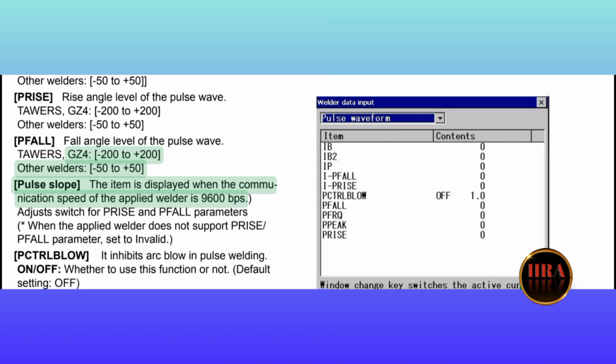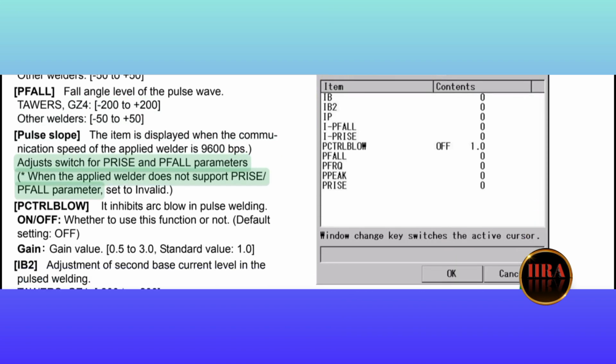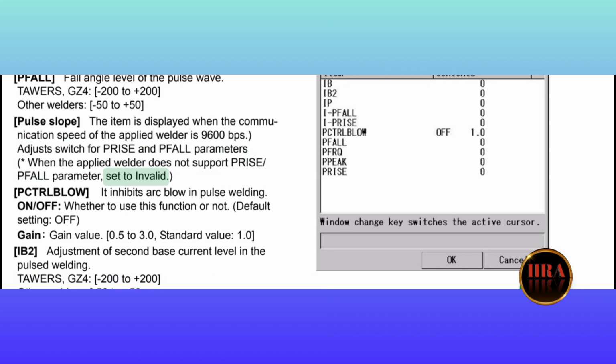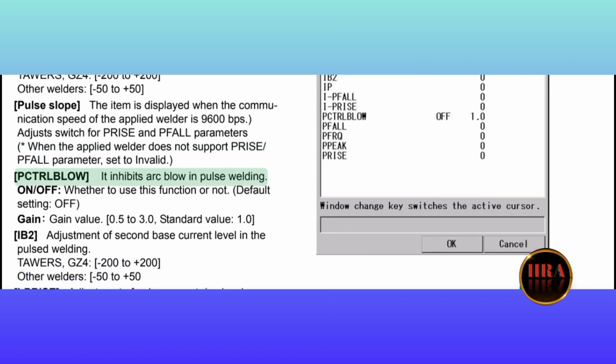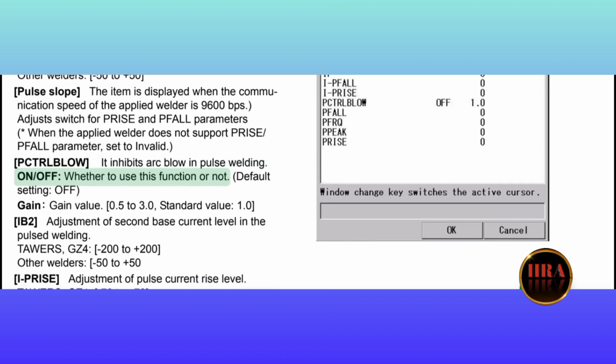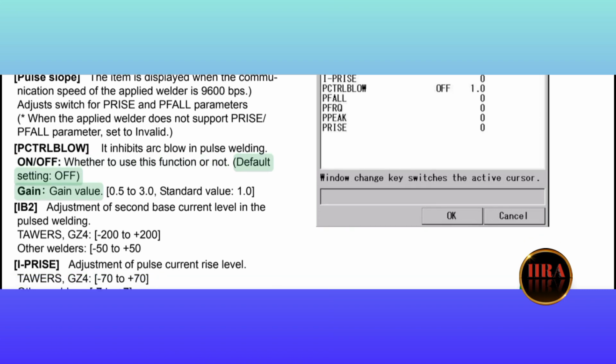TAWERS, GZ4, -200 to +200, other welders, -50 to +50. Pulse slope: the item is displayed when the communication speed of the applied welder is 9,600 bits per second. Adjust switch for PRISE and PFALL parameters. Asterisk: when the applied welder does not support PRISE and PFALL parameters, set to invalid. PCTRLBLOW: it inhibits arc blow in pulse welding. On, off: whether to use this function or not. Default setting: off. Gain value: